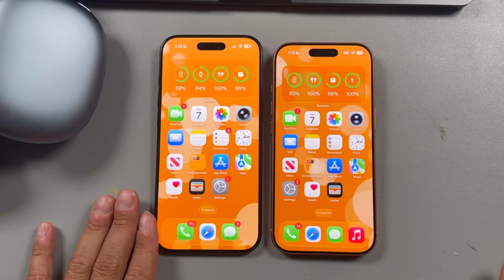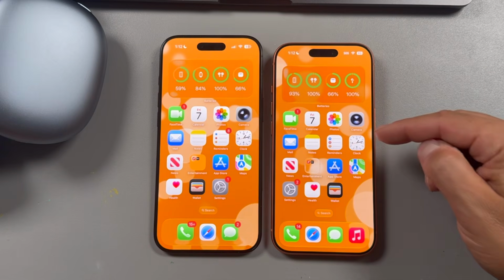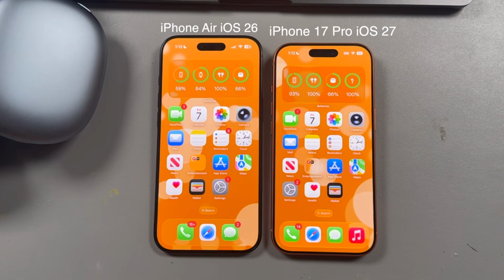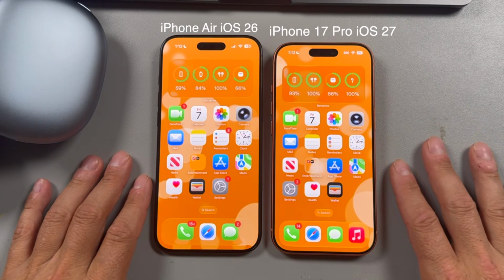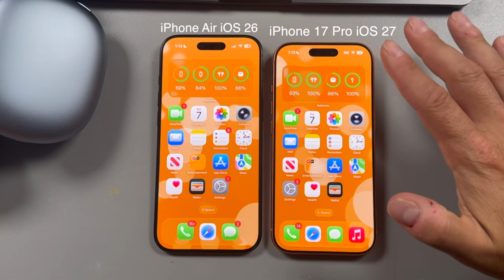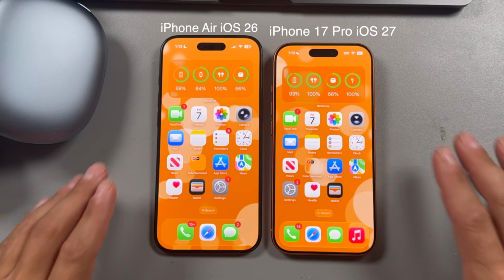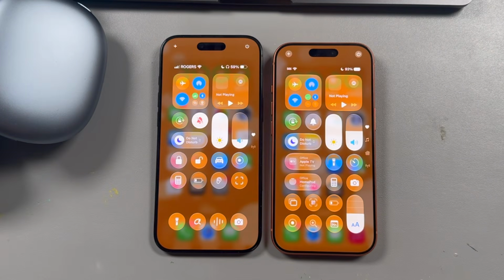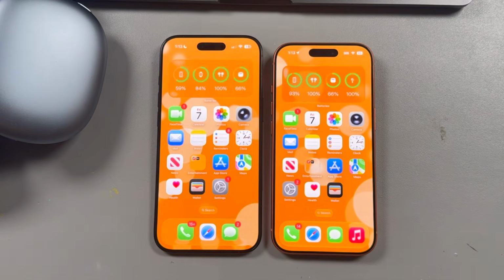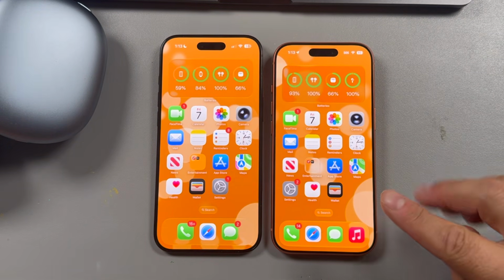So I'm going to compare the two as I show you these settings so you can see the difference. The iPhone Air is going to be running with the standard tint of liquid glass, so how it comes out of the box, and we're going to make some modifications here on this one. We're looking at the home screen here, and our Control Center, and I'll also show you some other areas as well. So let's first start with how to turn off the liquid glass with Apple's standard setting